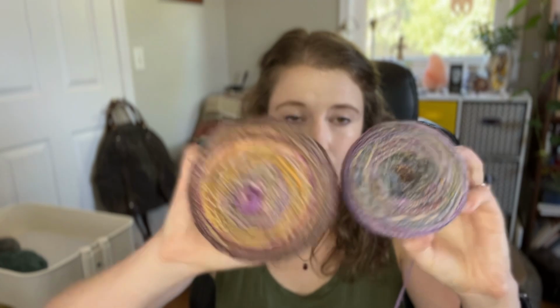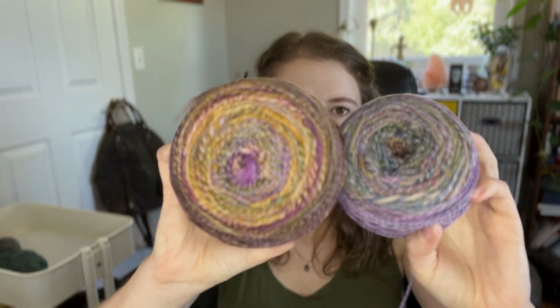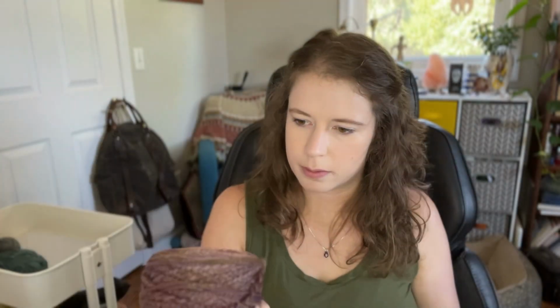Anyways, but I'm worried I'm going to run out of this. So I have another skein of this, but my second skein of this is a very different color. It's supposed to be the same colorway. But anyways, I think they'll end up fading together okay. But yeah, they're both chunky boys. So I'm a little worried about running out of the white. If worse comes to worse, then I just use the one color for, actually I don't think that would, well,